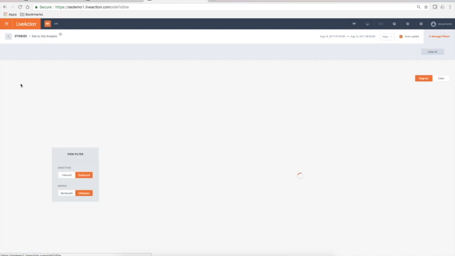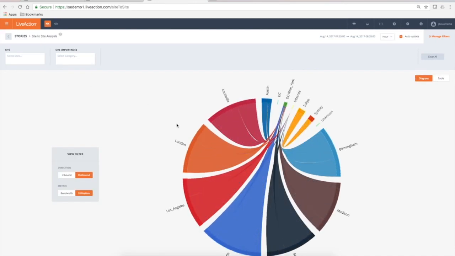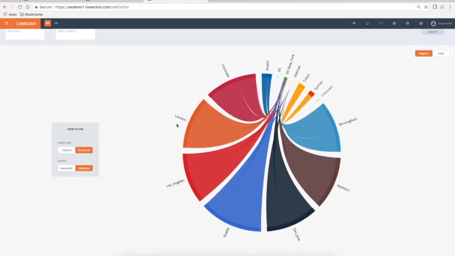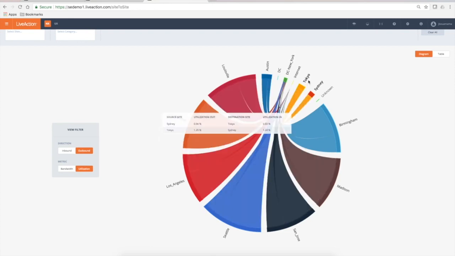Another workflow is the site-to-site analysis story, and this is great for SD-WAN monitoring. So you can see the health of the sites, the utilization between the sites, bandwidth. So you can see I'm looking at all my different sites. I see my data center, Austin, Tokyo, Sydney. The good thing about this report, let's say I want to find out what traffic is going between Tokyo and